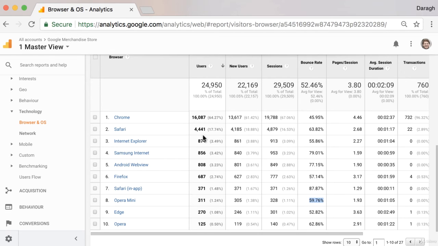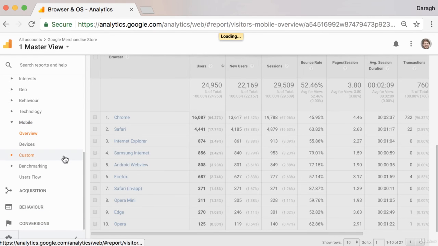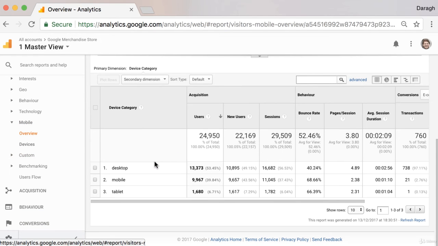Up here in Safari, this is 17.74% of our users over the last 7 days. And there does seem to be a much higher bounce rate here. So maybe that's something we could investigate, test our website on that browser to make sure that everything was working okay. Coming down to the mobile report, then we can really see the split in terms of whether people are